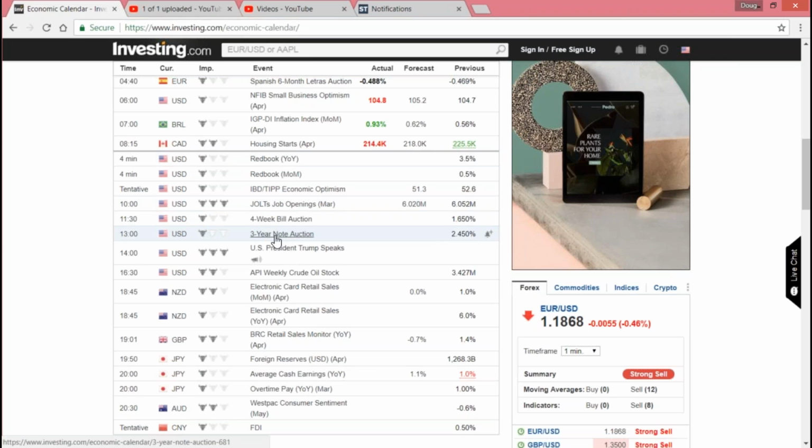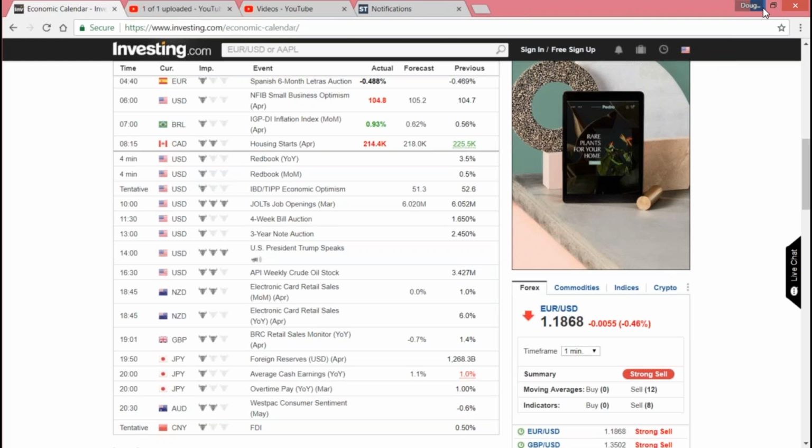11:30, we've got a 4-week bill auction. 1 o'clock, we've got the 3-year note. But everything's going to be premised on what Trump does with the nuclear deal. So just be aware that as we move into that 2 o'clock, the market's likely to get pretty volatile